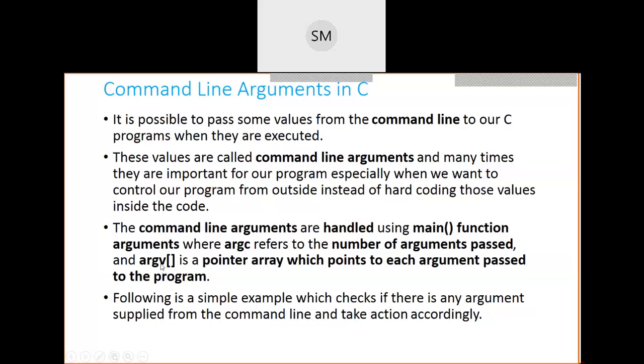What is argv? It is a pointer array. You can observe the square bracket here. What does it mean? It is an array. Which array? It is a pointer array. To what is it pointing? It is pointing to each and every